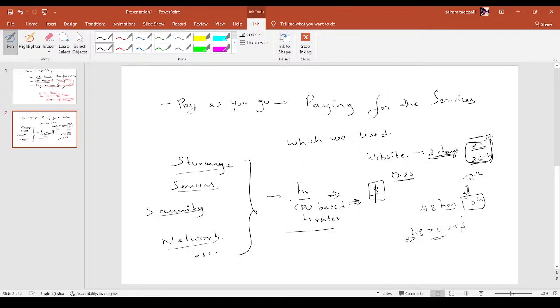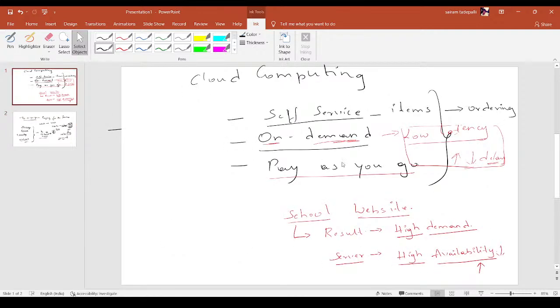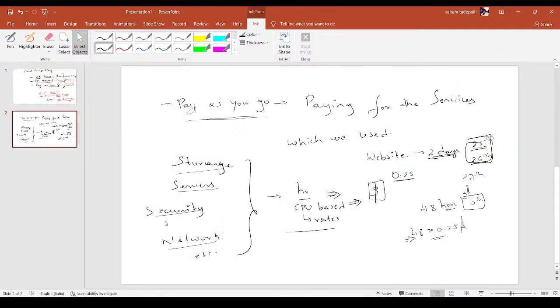So this is the pay as you go model. But the thing here is, this is one of the most important things, as I said earlier. And this one, on demand, is also one of the most important factors. And what we call the pay as you go model is also one of the most important factors in this one, because these two things, pay as you go model and on demand, these two concepts will be available in